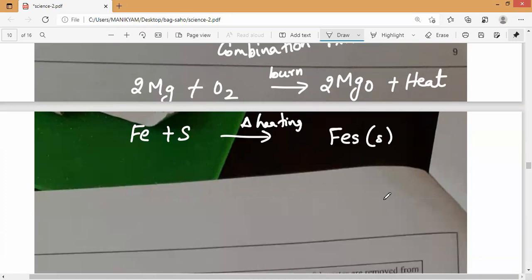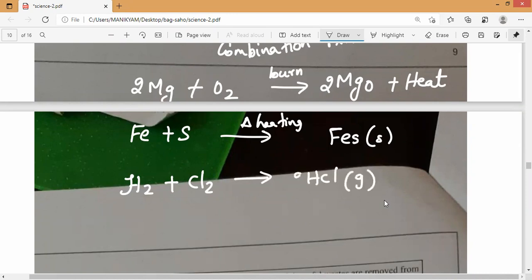Next, hydrogen reacts with chlorine in the presence of sunlight. Before, I taught you only the formation of hydrogen chloride, but not under what conditions. It takes place under sunlight. Please, all of you remember. But it is not hydrochloric acid. What is this called, guys? Hydrogen chloride. Please remember, hydrogen chloride. So this is the one new thing we are studying from this.